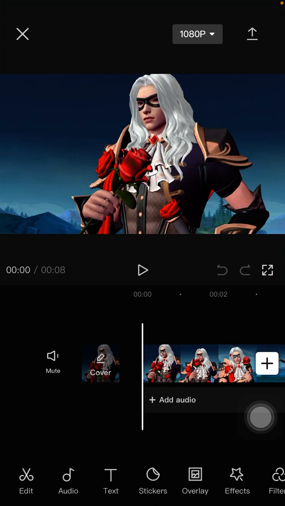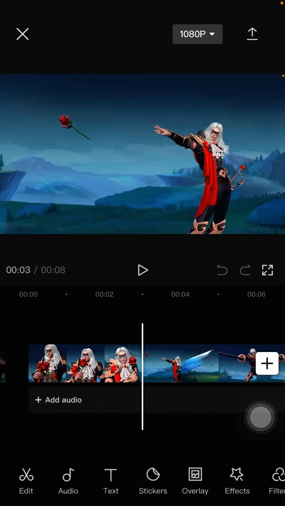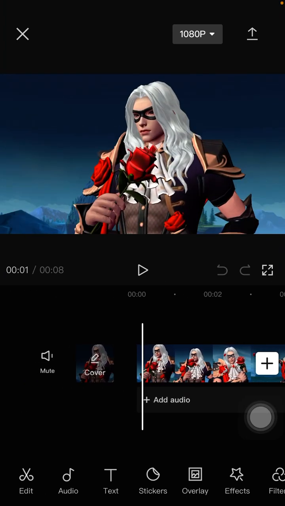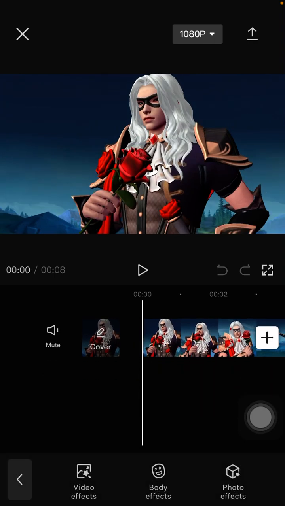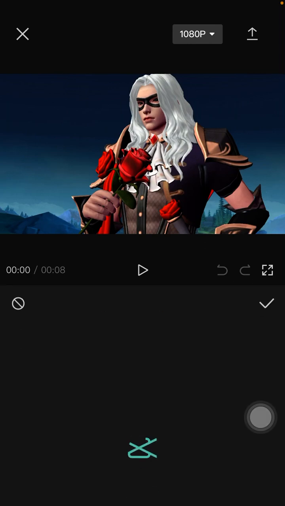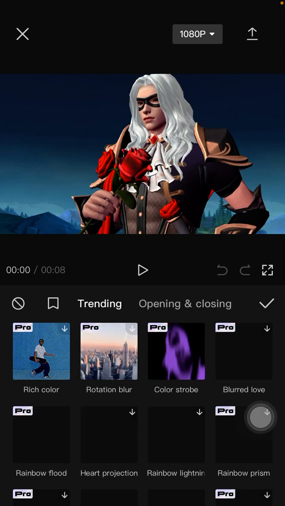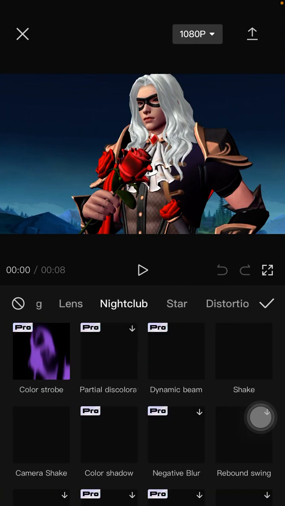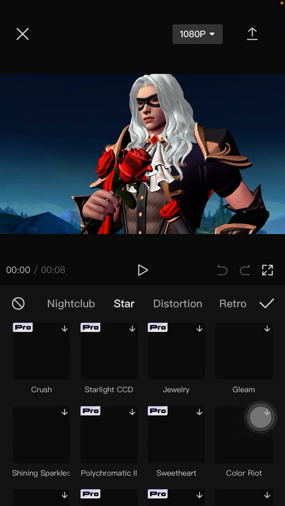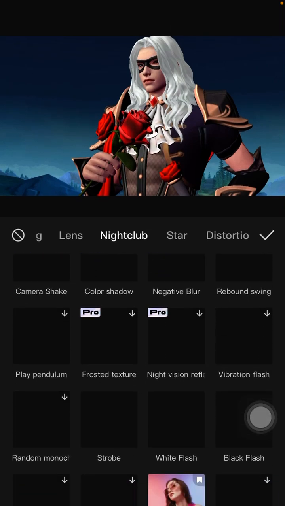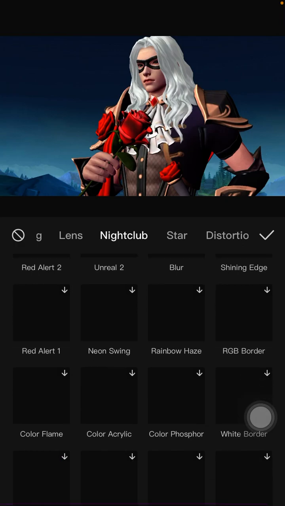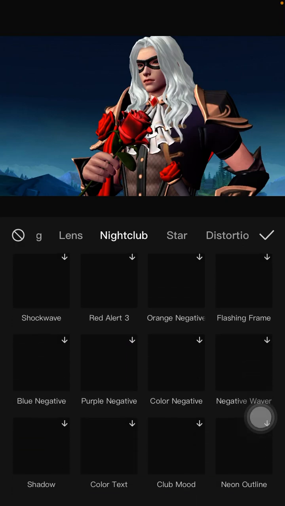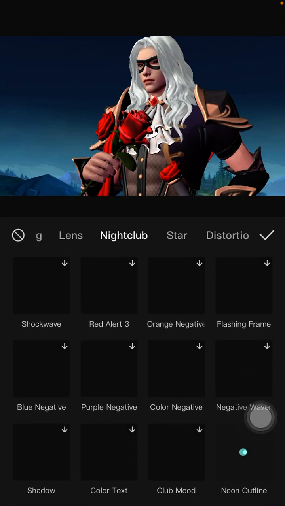So I have added one video here. And how to make a Vacoded video in CapCut: you are just going to go to effect, select video effect, and you can select the neon outline. Alright, here's